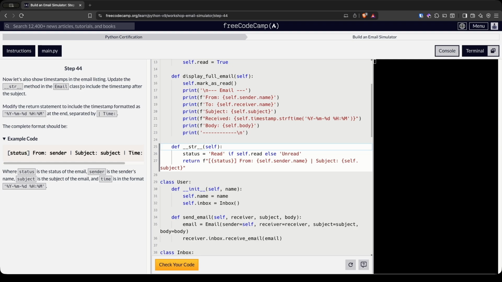Now let's also show timestamps in the email listing. Update the string method in the email class to include the timestamp after the subject. Modify the return statement to include the timestamp formatted as this at the end. So string self time